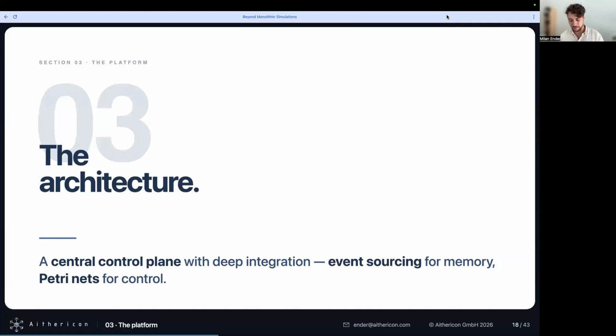And so this is kind of the core challenge that I want to solve with my architecture and with my platform that I'm currently working on. That is a combination of different approaches that allows us to really face these different failure scenarios and handle them gracefully.